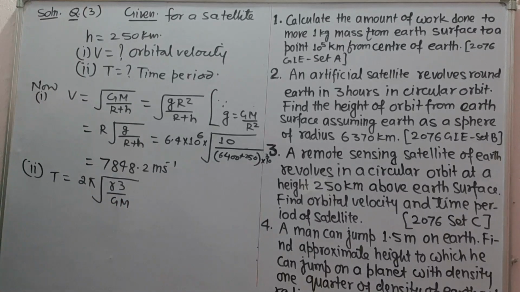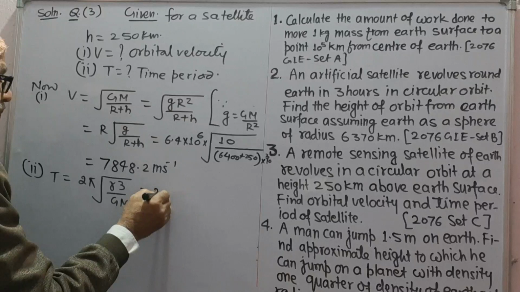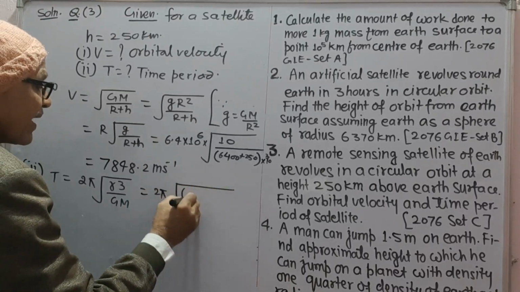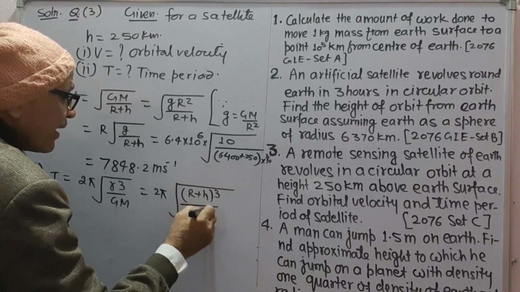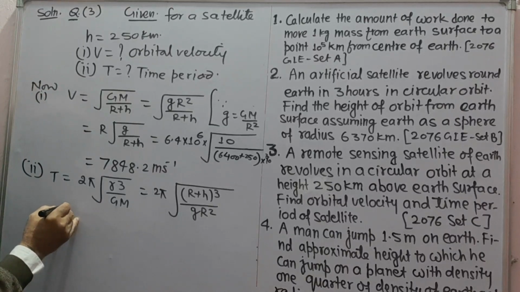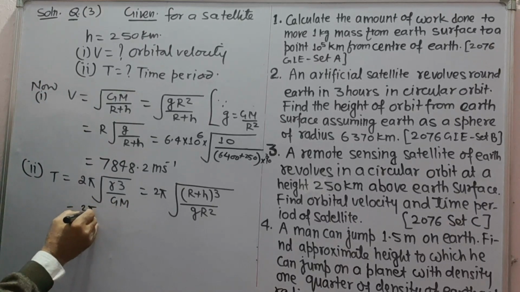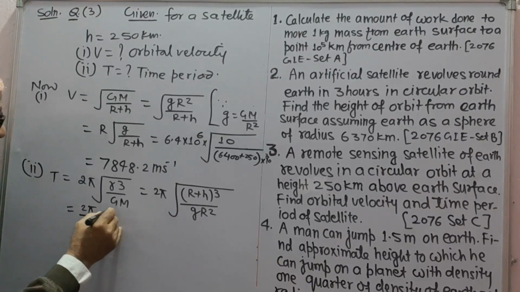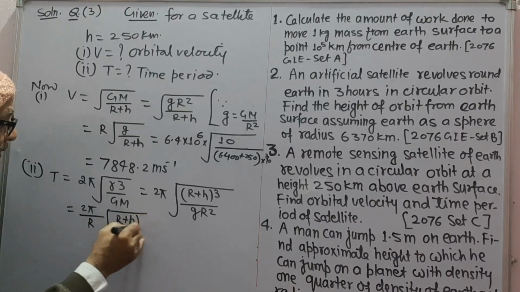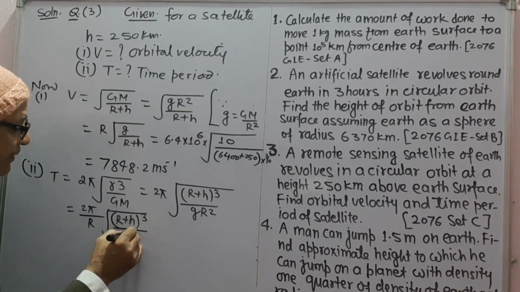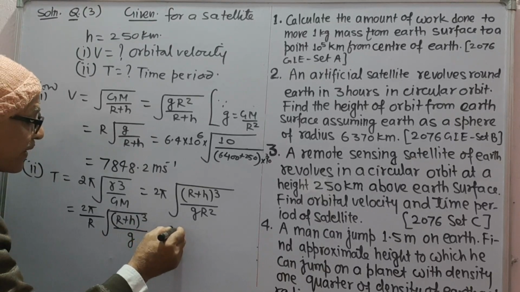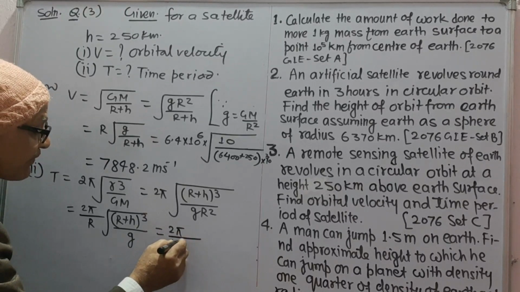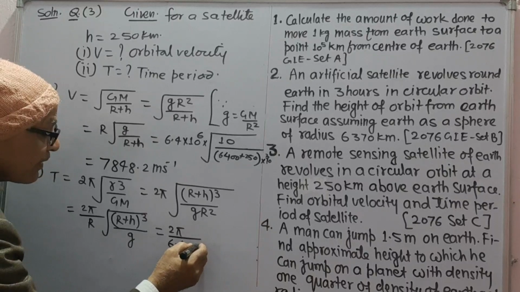This can be written as 2 pi under root (r plus h) cube upon g R square, which can be written as 2 pi upon R under root (r plus h) cube upon small g. Putting the corresponding values, we get 2 pi upon R is 6.4 into 10 to power 6